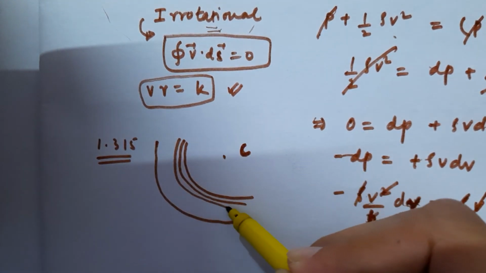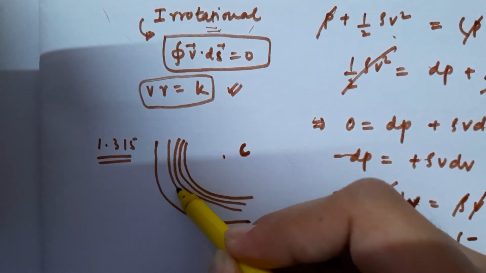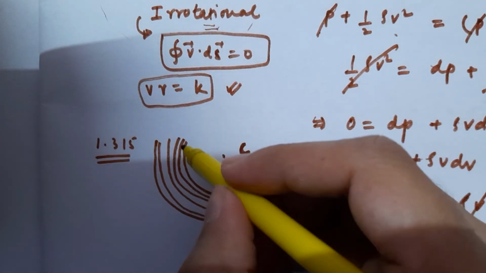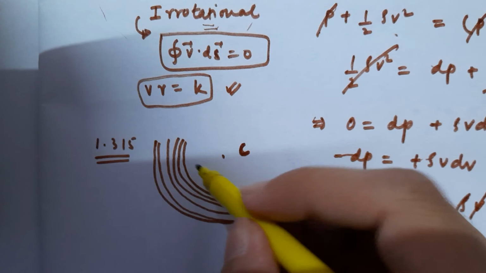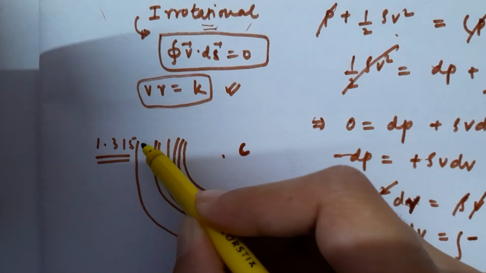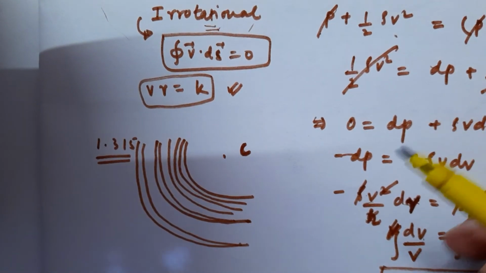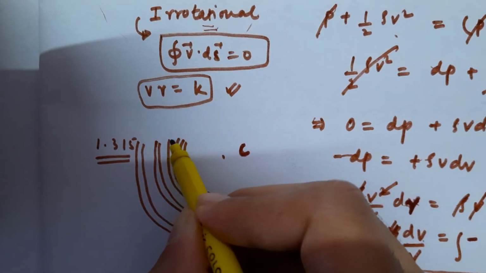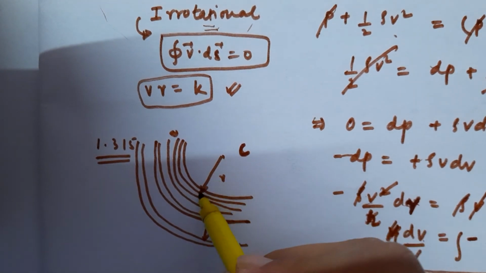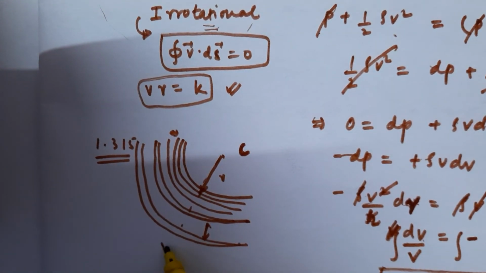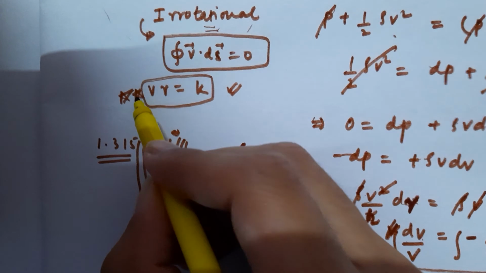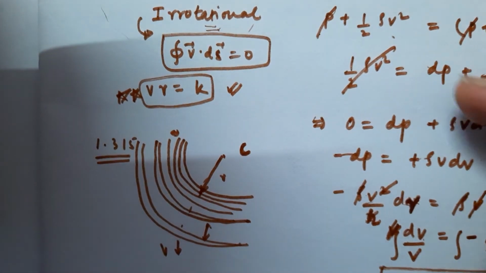Initially they are closer, and then the gaps are there, right? This is sufficient. I think I can draw more, but then these streamlines would not be visible. What I can do is assume the tube to be like this and they are gapped. Now you can see this is a huge gap and this is a small gap in comparison to this gap. As the radius r increases, distance from center increases, this v decreases, and this is a very useful relation that you will encounter in many further problems also, right? Okay,